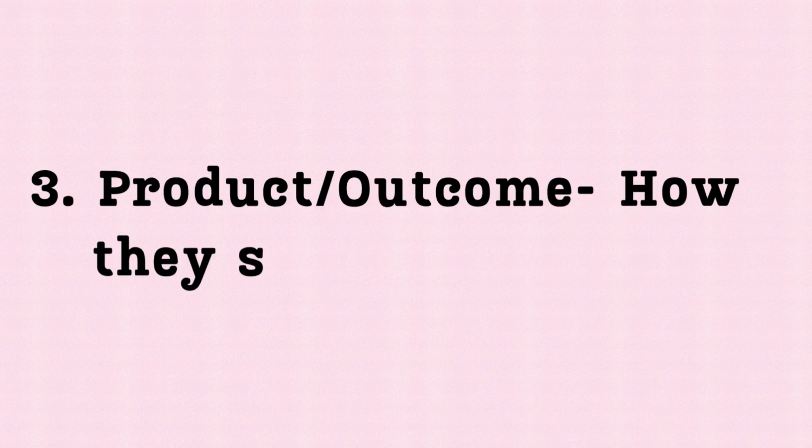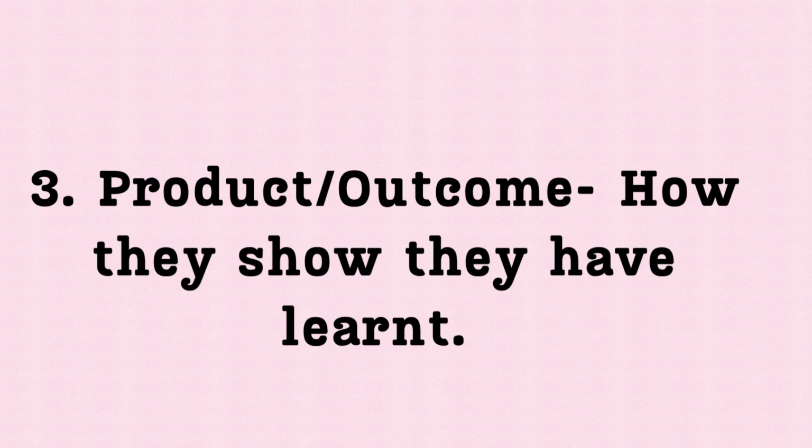The third way you can differentiate is, of course, by the product or the outcome. How do children show you that they've really understood what you have been teaching the whole lesson? I would make a group of children make a video showing whatever they've been learning in that lesson. Another group of children could write down some paragraphs, some sentences, to reflect what they've been learning in that lesson. If it's advanced learners, you could have them make tables and charts and stuff like that. So it's just giving different alternative ways, again, thinking about their interest and their profiles, giving alternative ways of them showing you that they've actually understood something from the lesson.